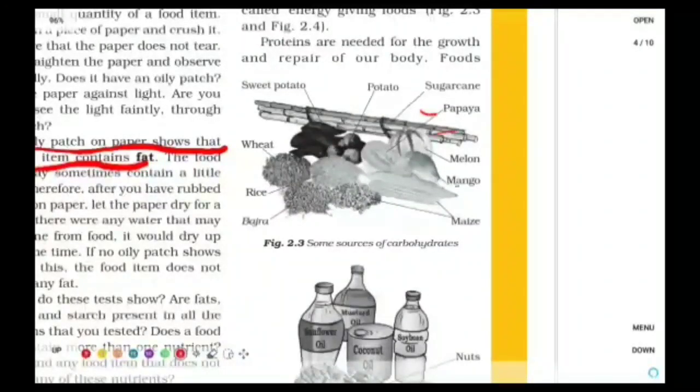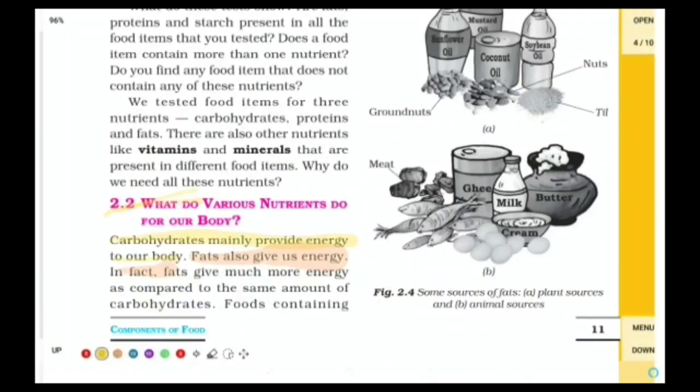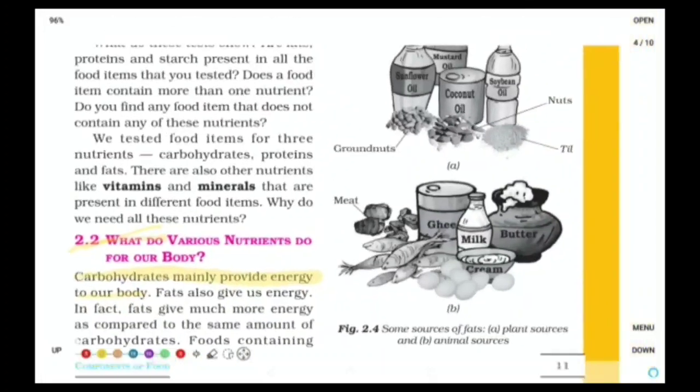What are the sources of fats? Some plant sources of fats are sunflower oil, coconut oil, soybean oil, mustard oil, groundnuts, nuts, til, etc. Now, some animal sources of fats are meat, ghee, milk, cream, butter, eggs, fish, etc. Now, moving on to the next page,